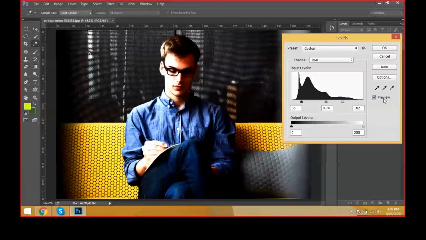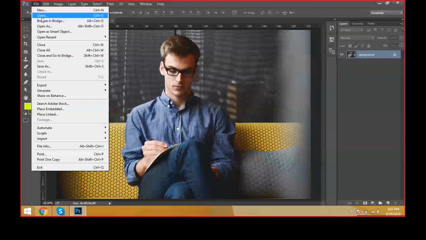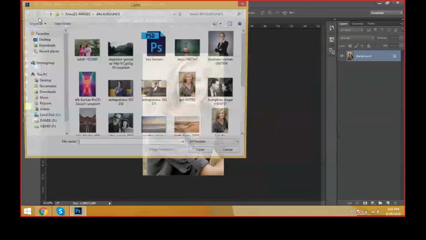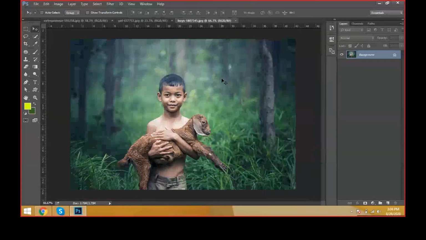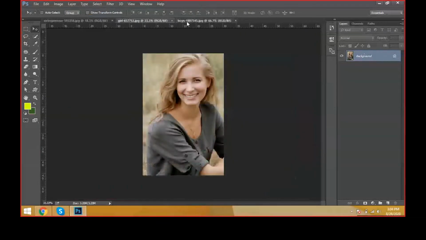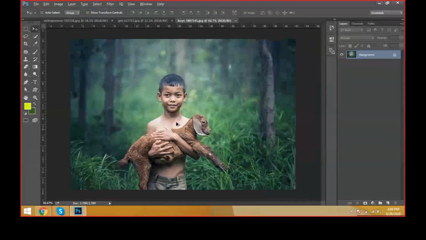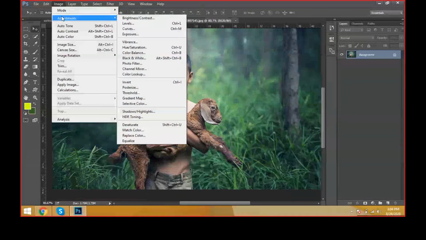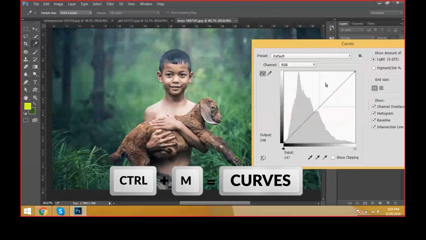Like this. Now I can go to one more image document for depth, and one more image. I have just taken multiple images in multiple documents here, and you can select this image and see how the grass level is there and how the image is there. You can check it, and come to here, image mode adjustments, and create here curves, brightness and contrast, levels, curves.